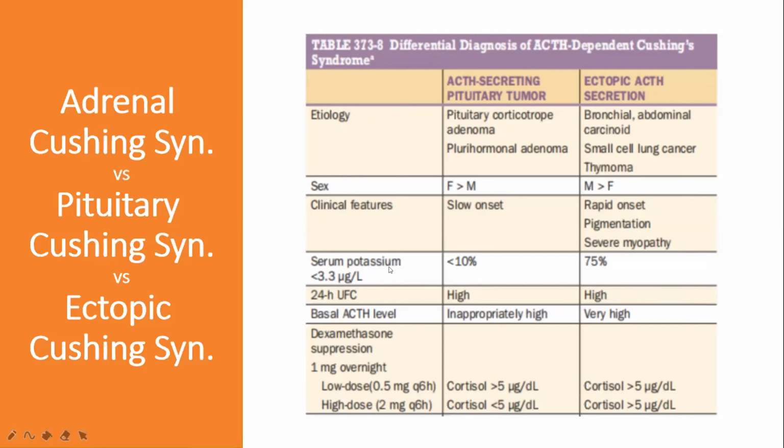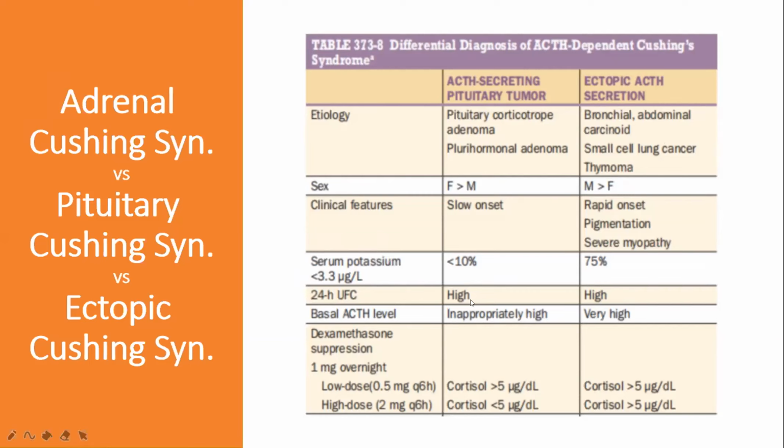Now, we should also be able to note serum potassium of less than 3.3, or hypokalemia, which would be present in less than 10% only in ACTH secreting pituitary tumor, while it's present in 75% of ectopic ACTH secretion. Of course, urinary cortisol levels would be high for both cases. Basal ACTH level would be inappropriately high for ACTH secreting tumor, while very high if that would be an